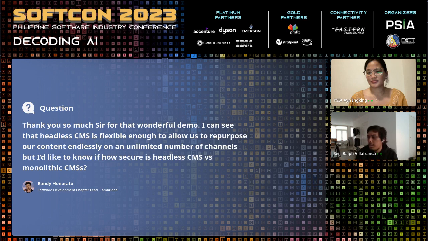And I'm not, yeah, for that back-end level, so that's the security itself. And pwede pa natin i-customize yun. So we also have control on the code itself kasi. For example, in Strapi, we have the code base itself. So the other layer is on how we deploy it. So that's more secure compared to